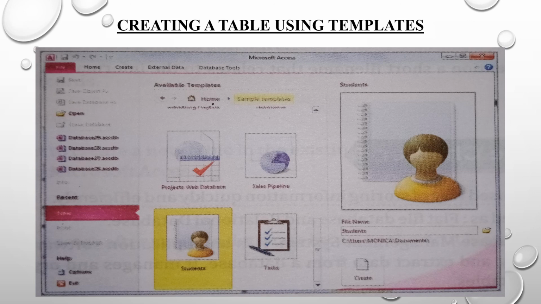The Backstage view appears on the screen. Now select the Sample Templates category under the available templates. Access will display the list of all the available templates. Select any template from the displayed list. Here we have selected the Students template.